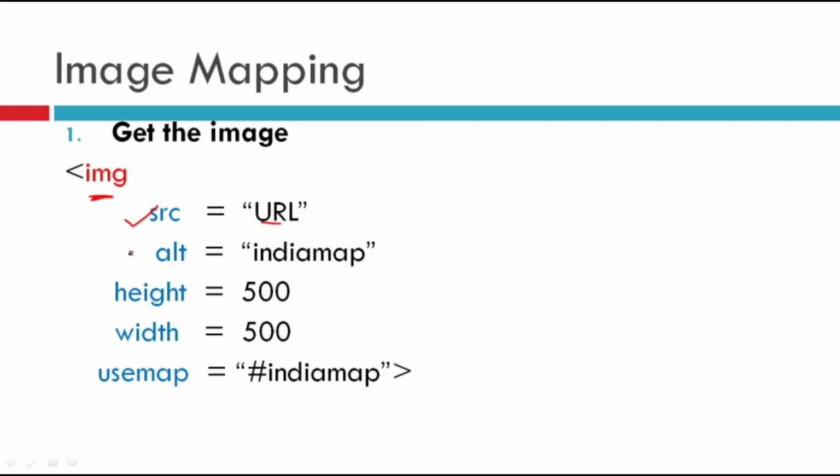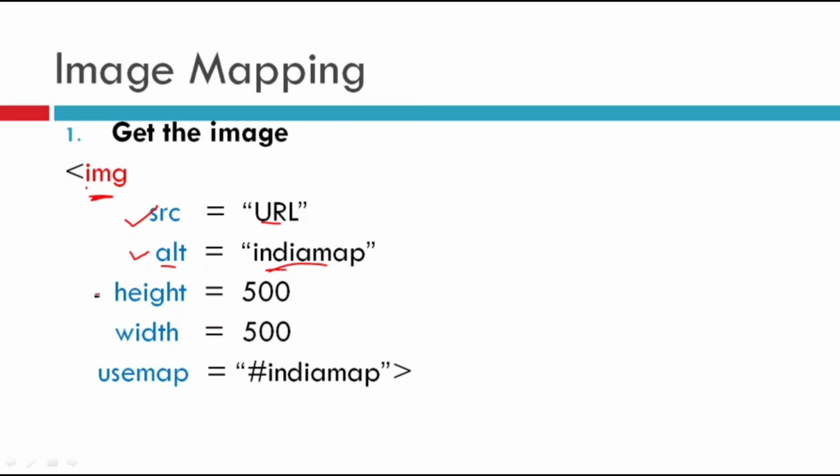The second attribute is alt. Alt stands for alternate, and if the server or the image file goes missing, then the system will replace that image with this text. So it will not look that ugly, and you can immediately see that the India map was supposed to be in place of the image. It is always advisable to use this attribute wherever you use the image tag, because sometimes the image gets moved. Some other person may change its location or copy that file somewhere else. In that case, you will find this India map text in its place.